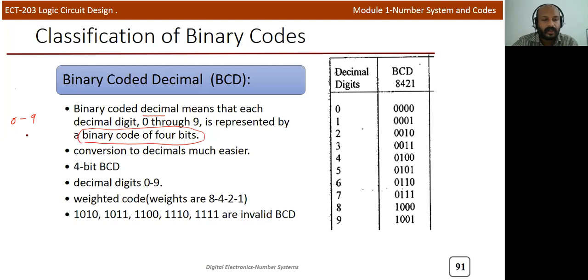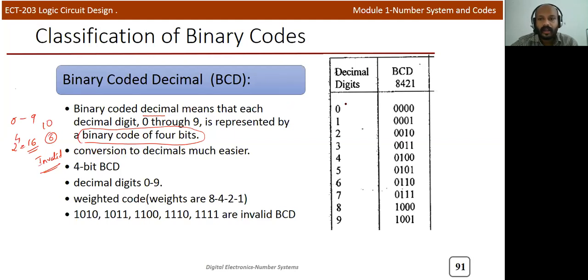If you are using 4 bits, you can represent 2 raised to 4, 16 different combinations, but we require only 10. So the remaining 6 combinations are invalid. We will not use the 6 combinations in BCD.